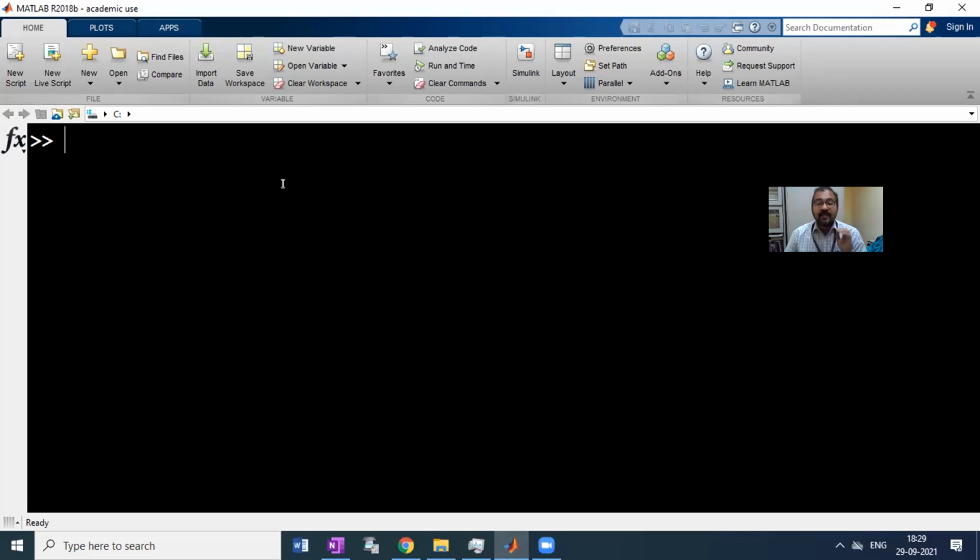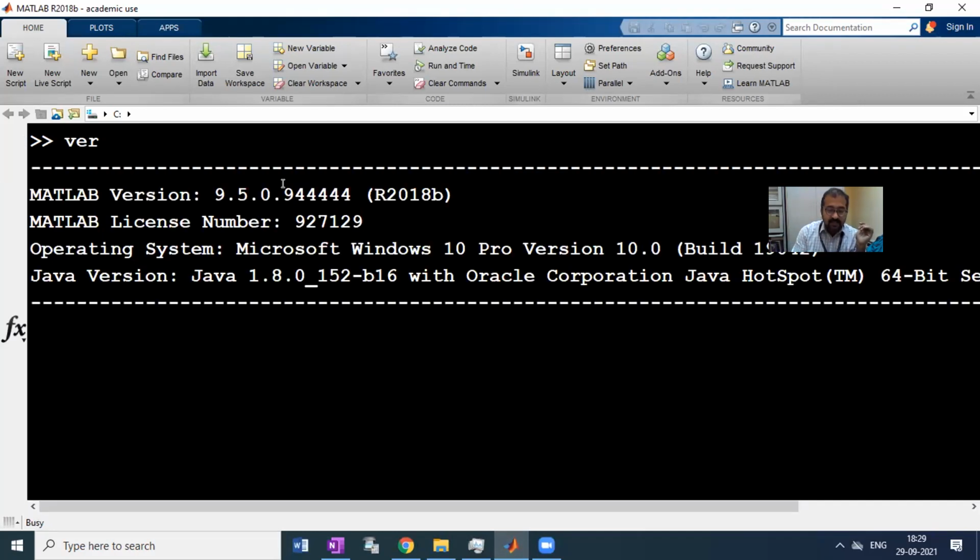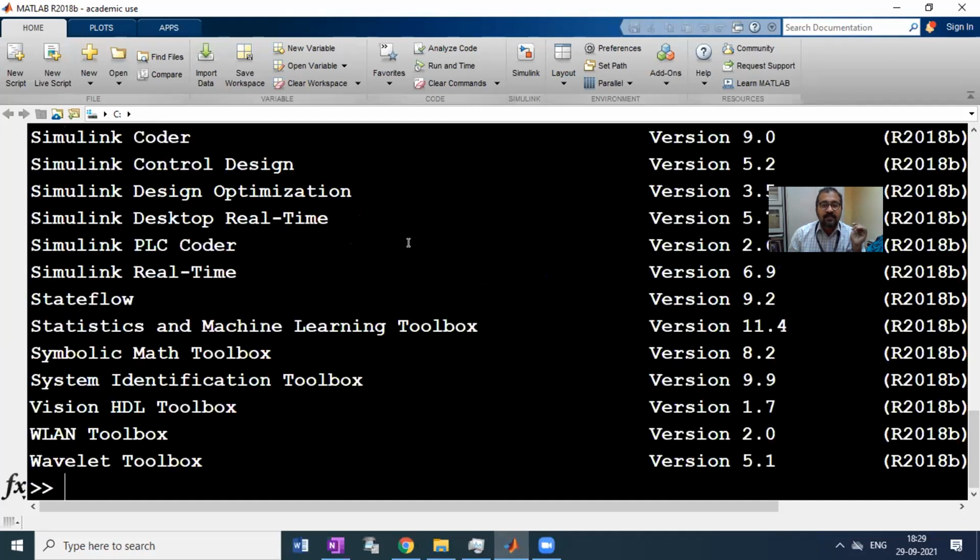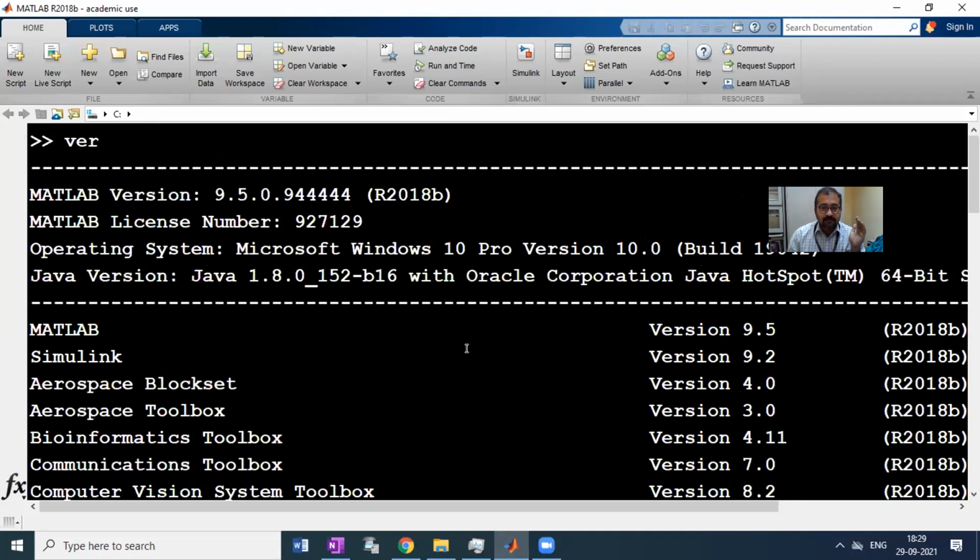Before we begin, some basic aspects. To know which version of MATLAB I am using, there's a command called ver. Just type ver and enter, and it will display the version. You can see it is R2018b. Every year, MATLAB releases two updates, version A in the first six months and version B in the later half. Since this year is 2021, the 2021b version should be available, but my version is